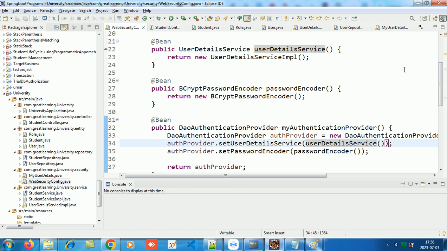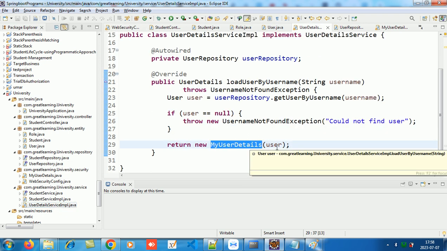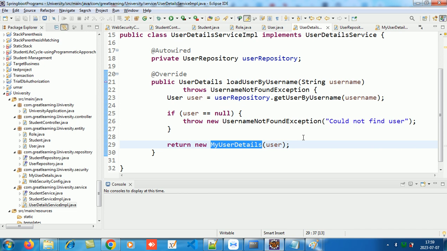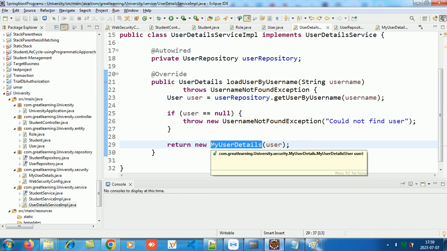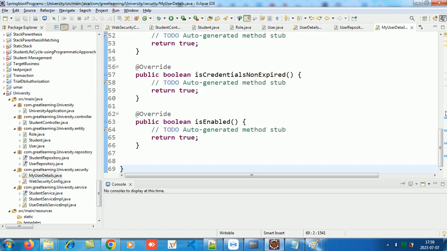फिर वेब को अपना लोड यूजर बाय यूजरनेम चाहिए मुझे, तो वो किसके पास है, सर्विस यूजर डिटेल्स इंप्लीमेंटेड सर्विस के पास, उसने ऑब्जेक्ट लाके मुझे दे दिया। तो मुझे ऐसा ऑब्जेक्ट नहीं चाहिए, मुझे ऑब्जेक्ट पूरा डेकोरेटेड चाहिए, वो कौन करके दे रहा है, माय यूजर डिटेल्स उसको डेकोरेट करके। ये माय यूजर डिटेल्स तो इधर है, सिक्योरिटी में आ गई, क्योंकि वो बाकी काम भी कर रही है ना, एनेबल्ड कर रही।